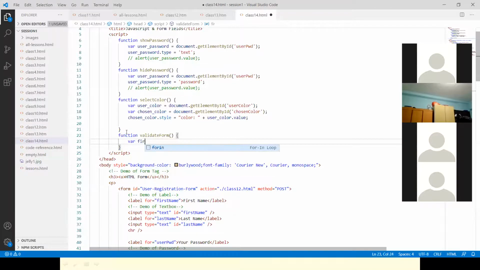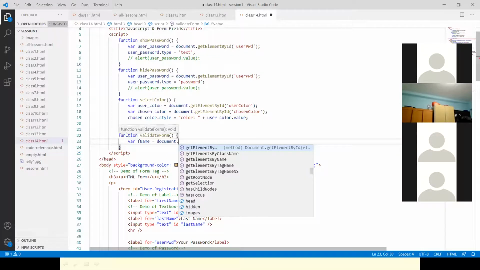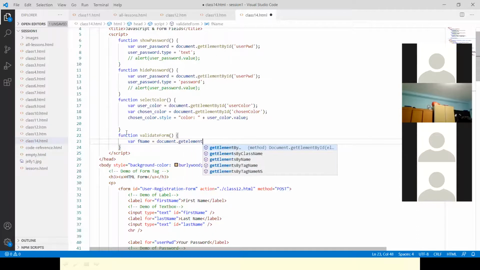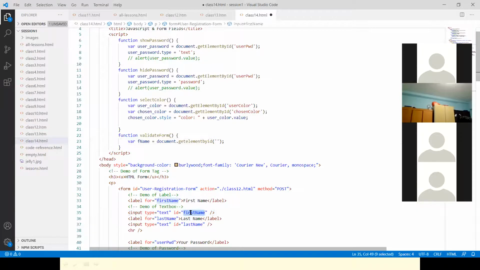Okay, variable fname. This one I give. Okay, let me try in small case. document getElementById. What Shuresi said, right? So let's see. But how is it even working even if the E, B and I are small? Yeah, that's what let's try. I haven't used it, but I usually follow the standards.